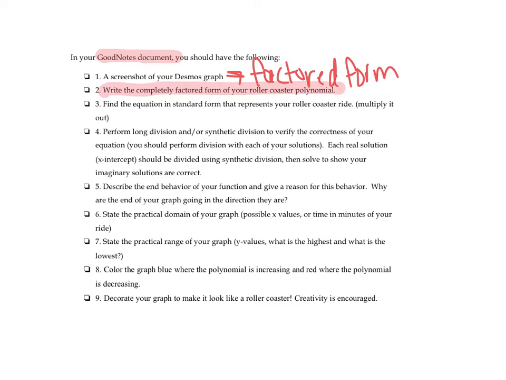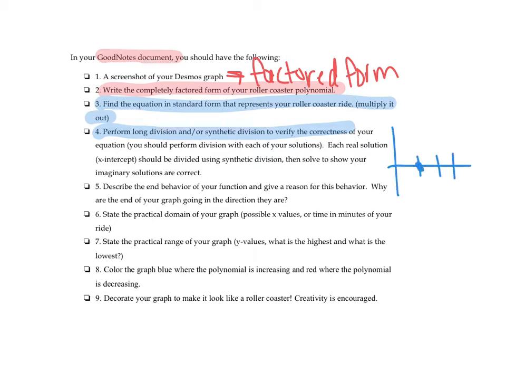And then, just like we did the other day with the homework, you're going to take that factored form and multiply it all out to get standard form, okay? Once it's in standard form, you're going to take your zeros, which are the places where it crosses the x-axis, and perform synthetic division to verify the correctness, and then show that your imaginary solutions are there also. So say your graph crosses the x-axis at 1,